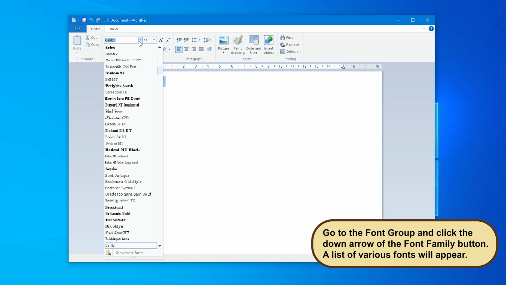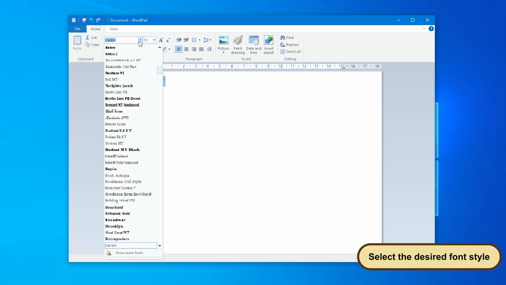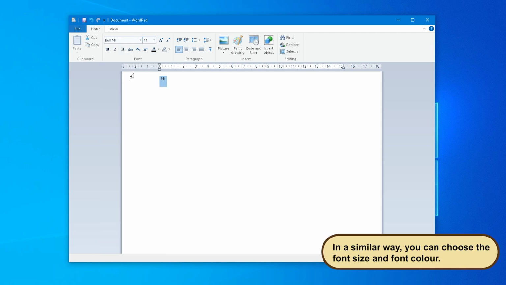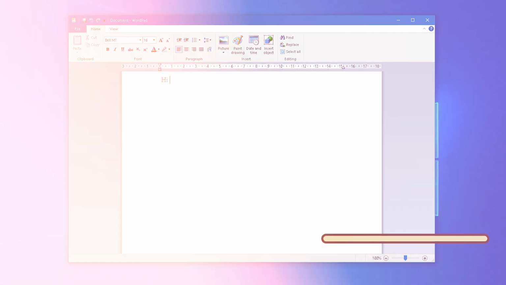A list of various fonts will appear. Step 3. Select the desired font style. Step 4. In a similar way, you can choose the font size and font color. Step 5. Now, start typing in the document area.